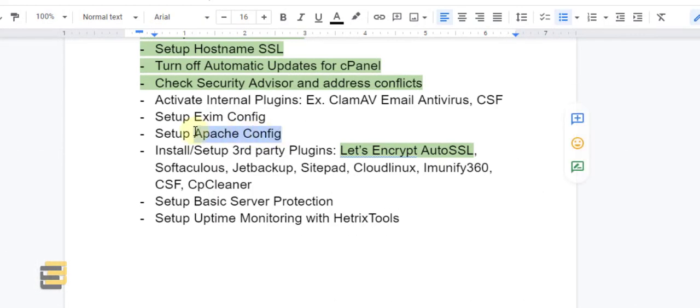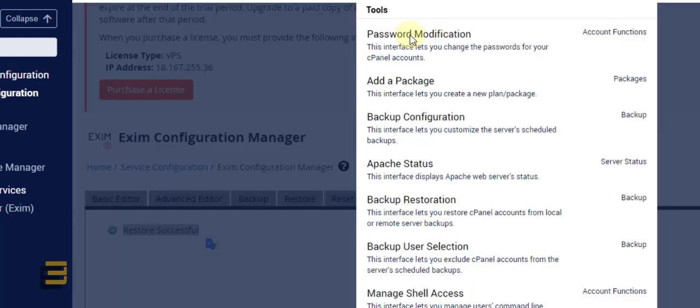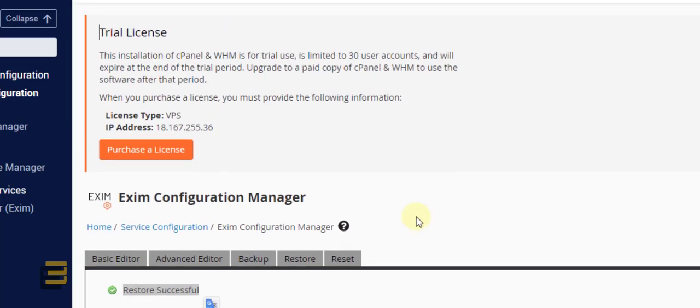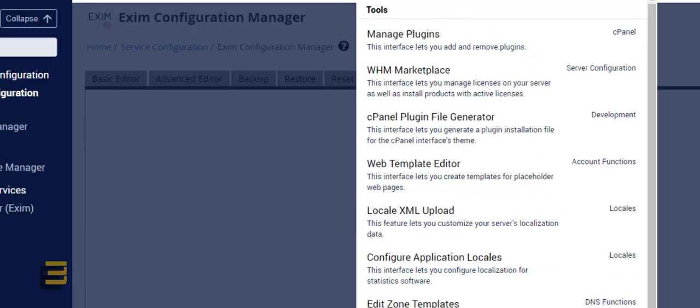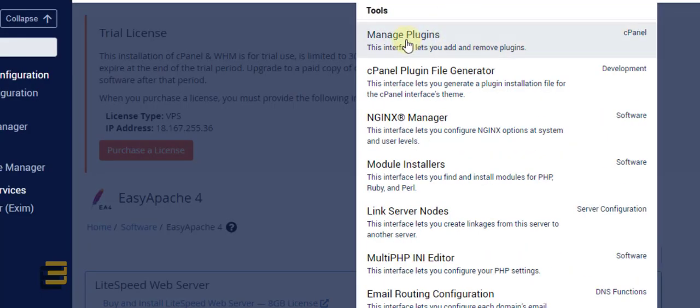Next one is to set up our Apache config. Okay, so let's go to our Apache. EasyApache 4. Let's click on there. So by the way, guys, probably need to turn off